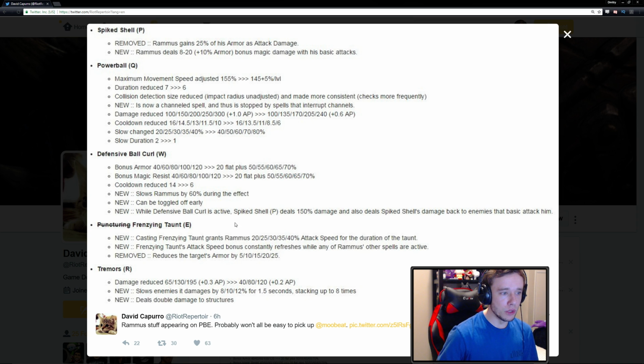And this is completely new, which synergizes with his passive, which is part of the reason why I think it changes his playstyle, this and his taunts. So the first part, while defensive ball curl is active, of course, is W, spiked shell, which is the passive that deals bonus damage per auto attack. It deals 150% bonus damage now. So it's just 150% of this, whatever this is, and also deals spiked shell's damage back to enemies that basic